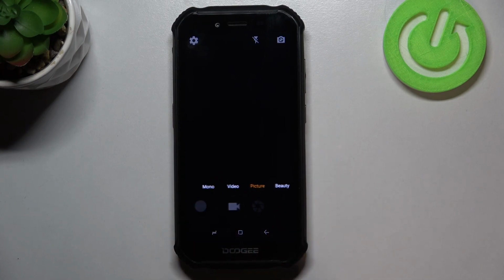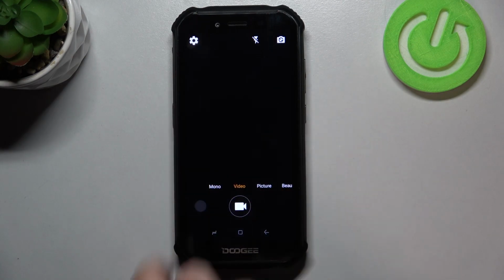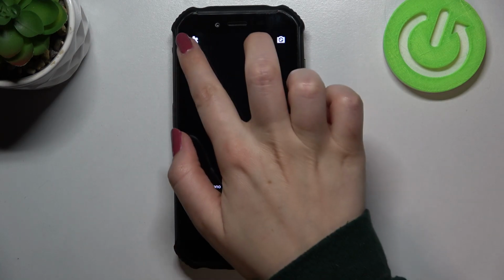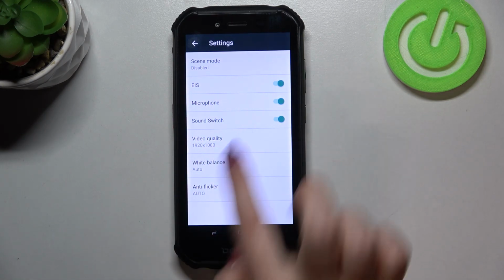So simply tap on video on the left, and since you can see this camera icon inside the shutter button and the video is highlighted in orange color, it means that for sure you're on the video mode. So now we can enter the settings, which are in the left upper corner, so let's tap on it. And it's quite tricky, and as you can see right here we've got the video quality option, so simply tap